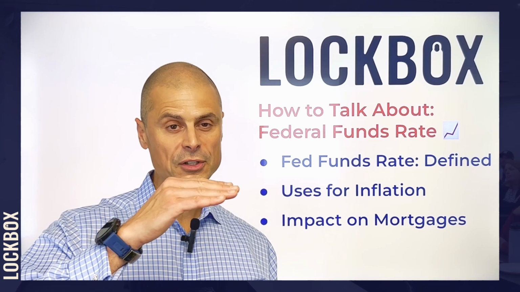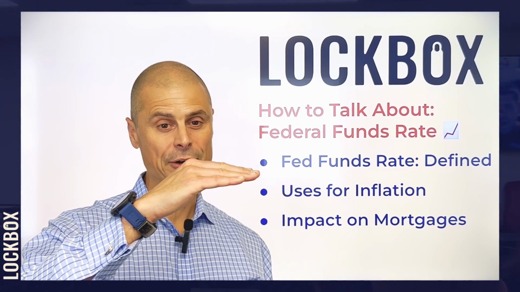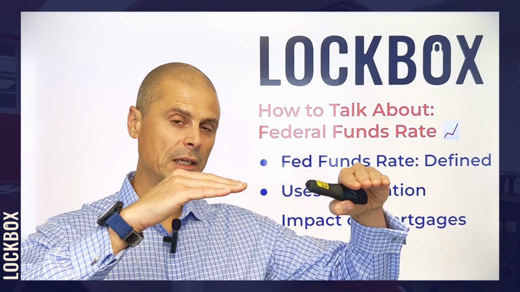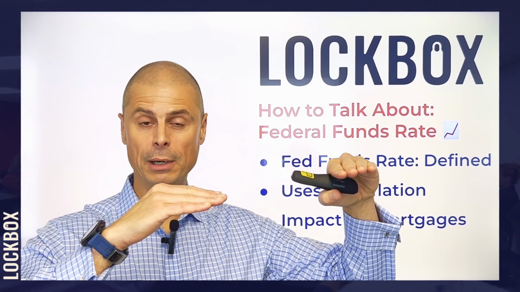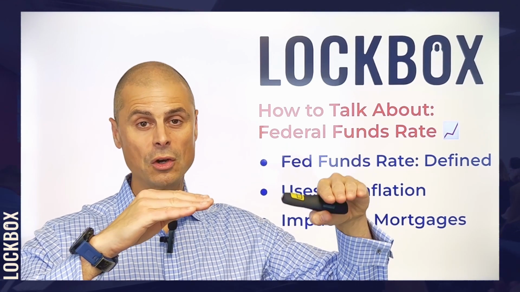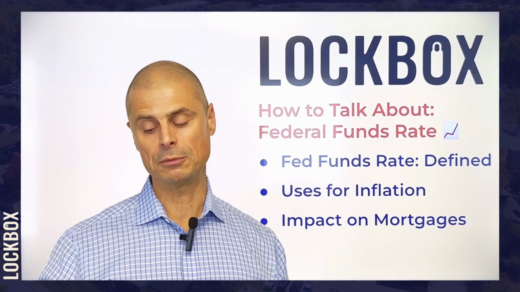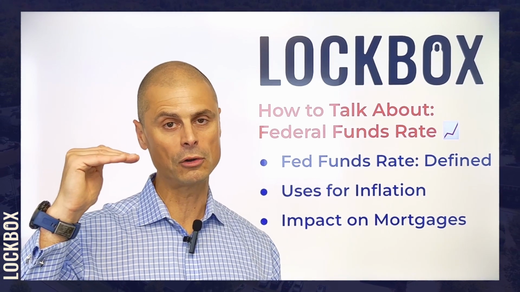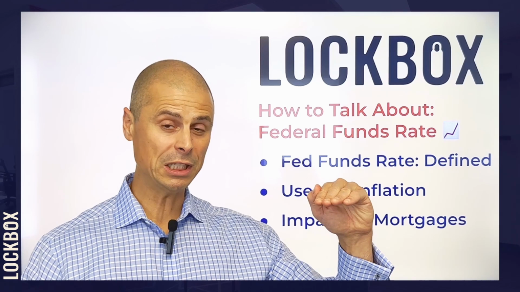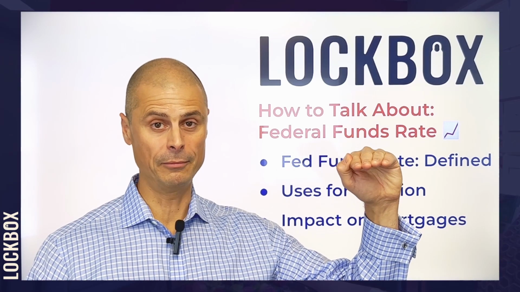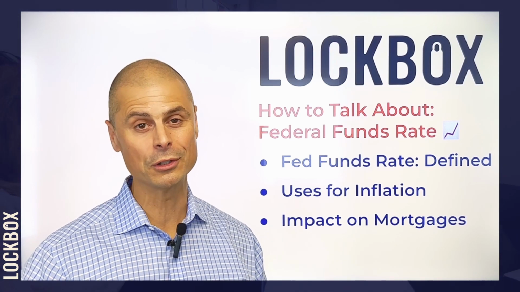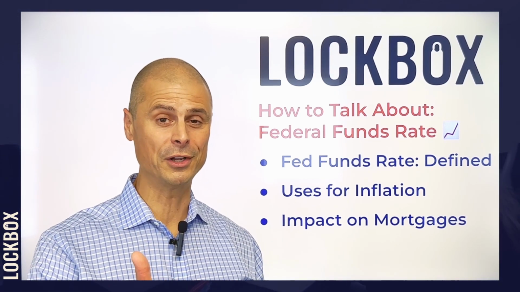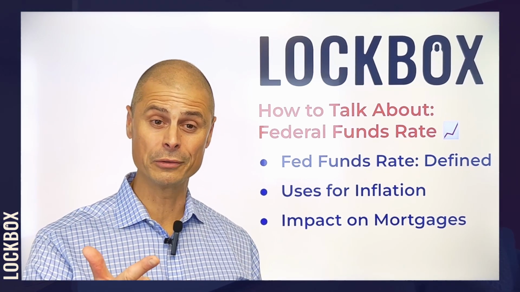As the federal funds rate increases and stays at a higher rate, the long-term impact is that longer-term debt instruments, like the 10-year Treasury bond, also increase. And so there is an indirect correlation between short-term increases in the federal funds rate, 10-year T-bills, and ultimately the 30-year fixed mortgage. So now the next time you're hanging out with a consumer and another realtor, you can explain what the federal funds rate is, how it's used to control inflation, and how it